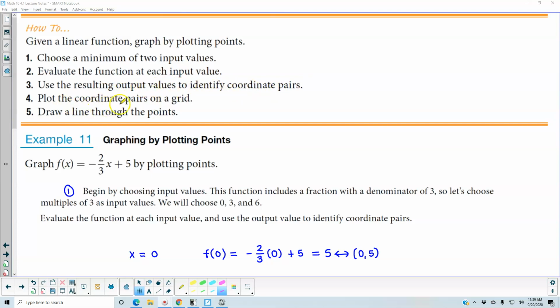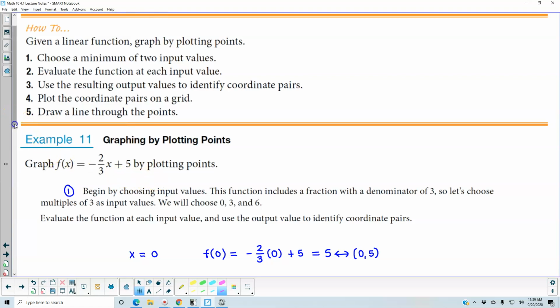Number 4, plot the coordinate pairs on a grid. And number 5, draw a line through the points. Example number 11, graphing by plotting points. We want to graph the function f of x, which is equal to negative 2/3 x plus 5 by plotting